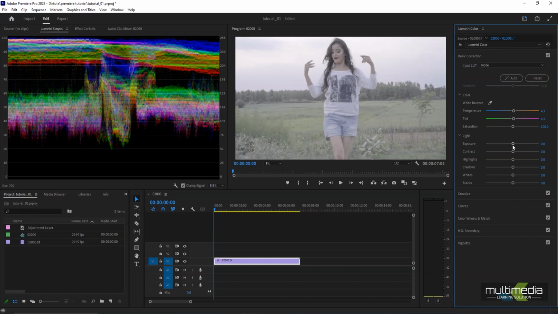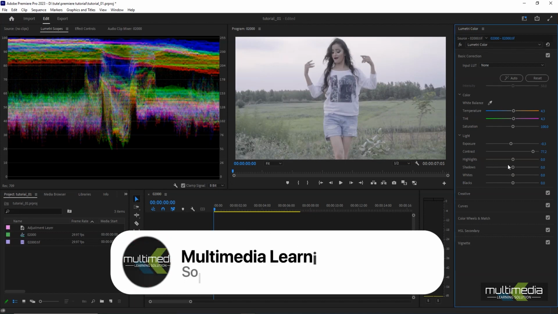If I say exposure, it means I want to increase the white balance of the scene. So I increase it like this. But we need some darker values inside this video, so if I decrease this value, I can go with this exposure option. And I want to adjust the contrast like this. So now I can see